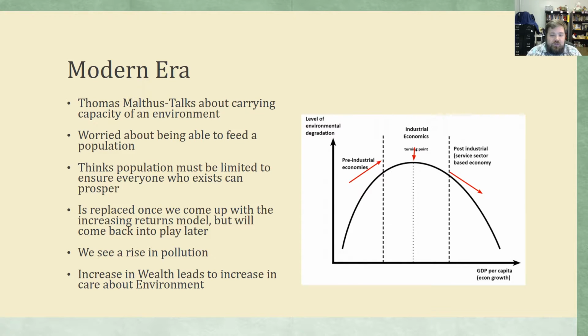industrialization and pollution. So what we see is that as the Industrial Revolution really took hold in the 19th century, through the 1800s into the 1900s, we see pollution and environmental degradation really go up. That's what we're seeing in this chart below us. So as we increase wealth, this also leads to eventually an increase in care about the environment. So things get worse, as you'll see. Pre-industrial economies, environmental degradation begins to go up. But then somewhere along the way, once you become industrialized, there's this turning point.